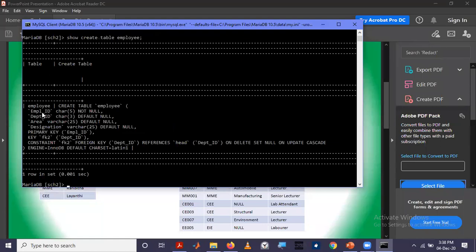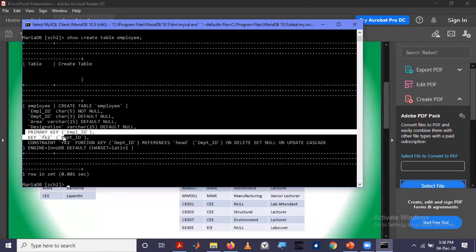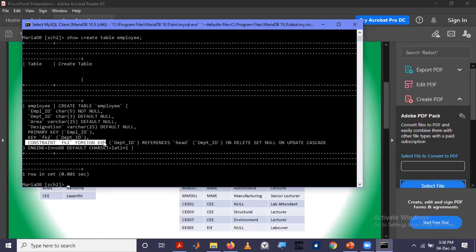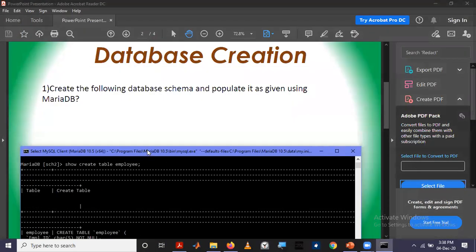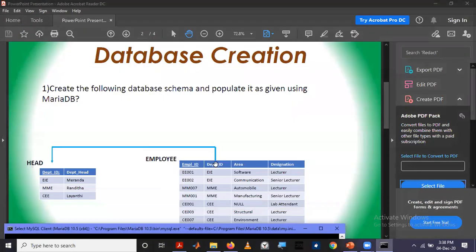There are a set of attributes and data types and null constraints and default constraints, and then the primary key, then the unique key and foreign key constraint. We did this last week. This is the foreign key from this employee table to the head table's department ID.